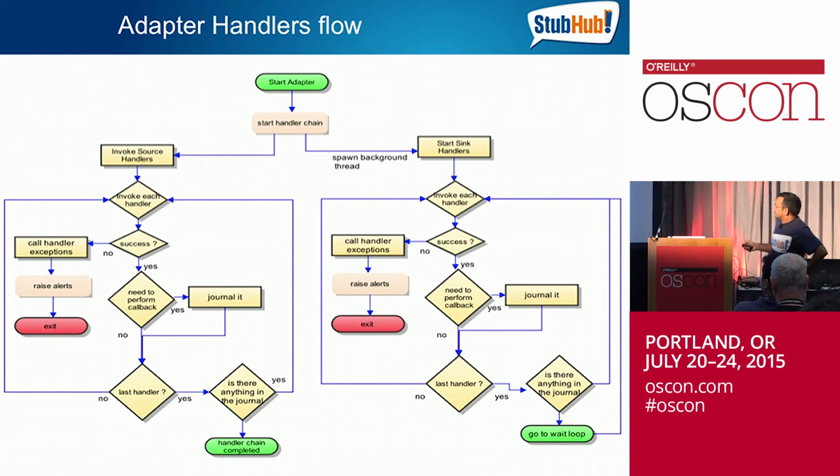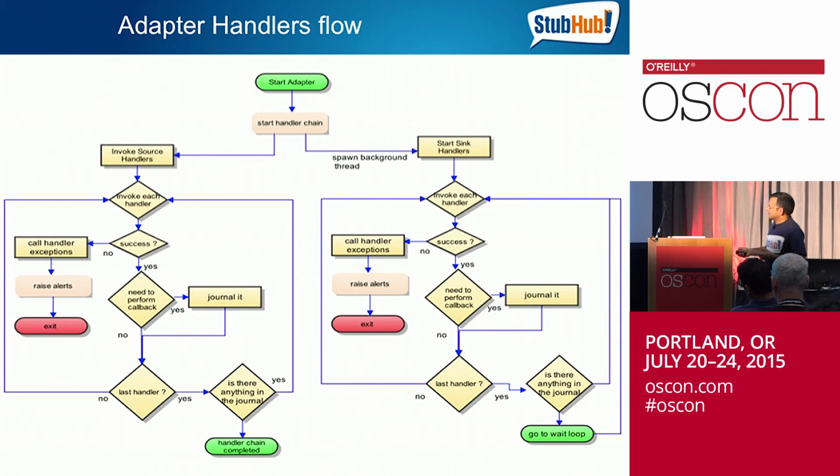So remember the adapter, the configuration that I talked about, it starts the handlers. There is a concept of source handlers and sink handlers that we talked about. So let's say you have a series of handlers. Just assume for a second you have two handlers. One handler is reading into a buffer. The second handler is processing that for the data boundaries and so on, right? Now, you want to do it in a loop until the entire data, for example, is ingested.